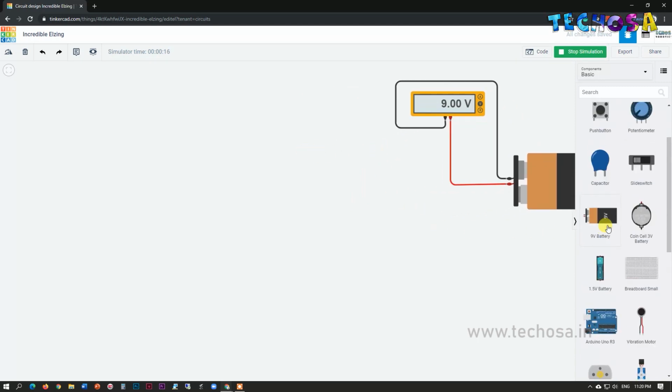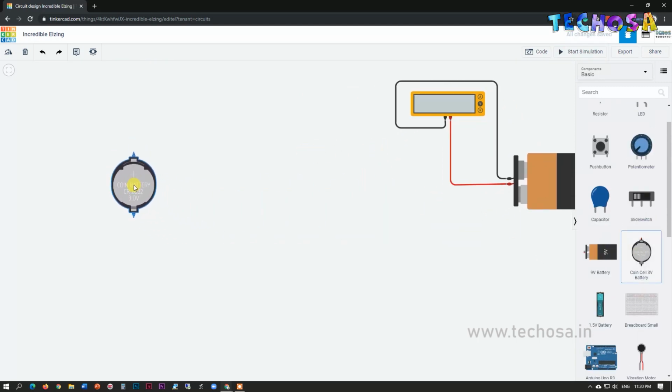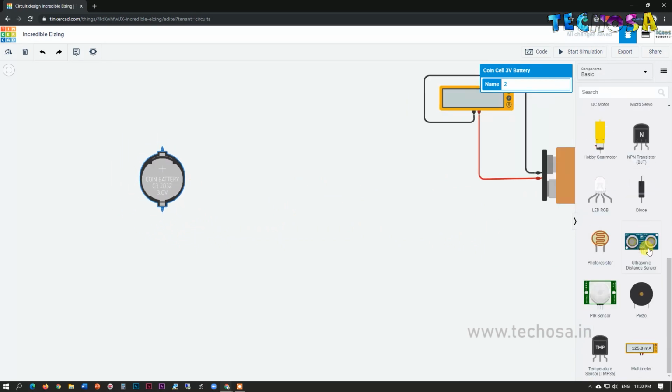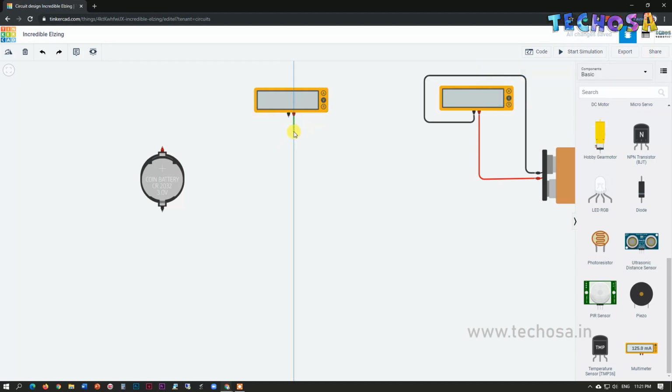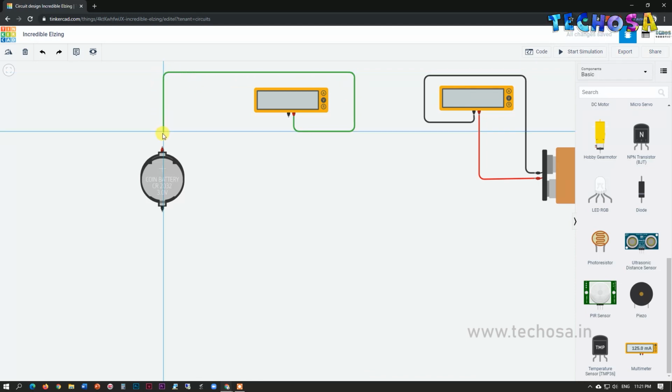Now let us connect a coin battery to a multimeter. Select a coin battery. Now select a multimeter. Here also, connect the positive terminal of the multimeter to the positive terminal of the coin battery and the negative terminal of the multimeter to the negative terminal of the battery. So I'm connecting the positive connection.